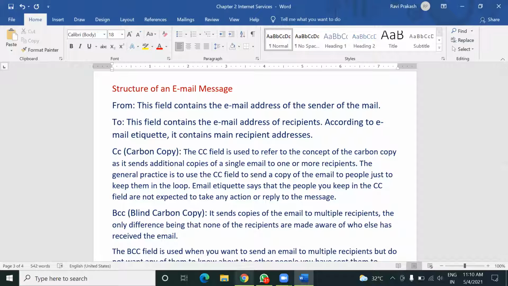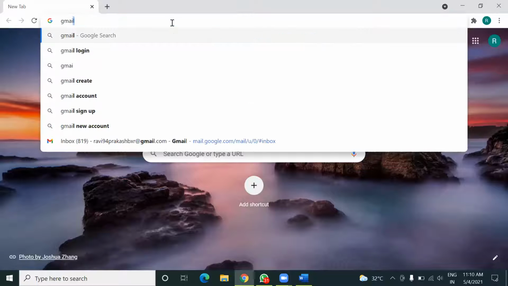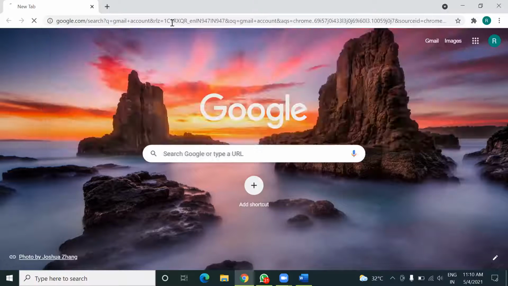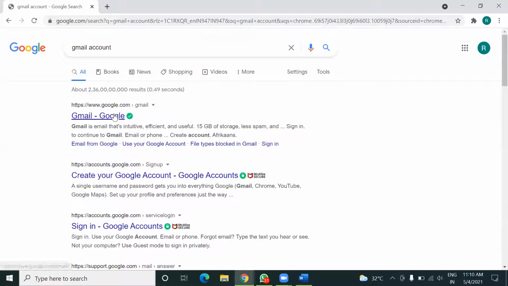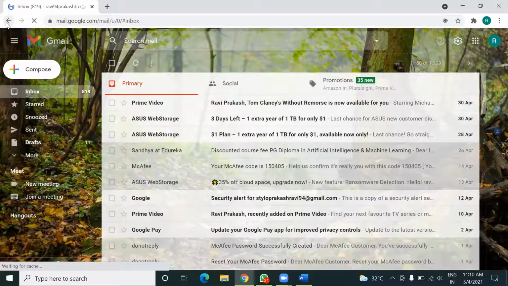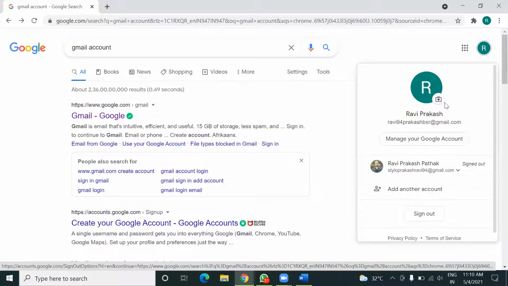Simply you can open your web browser, and if you want to create your email account on the Gmail server, just search for a Gmail account. I think this will load my email ID.